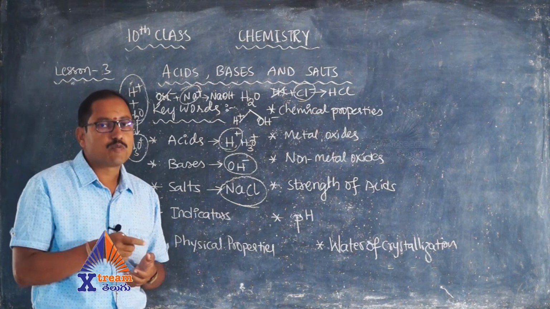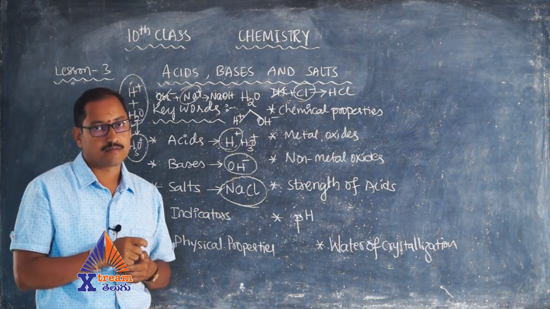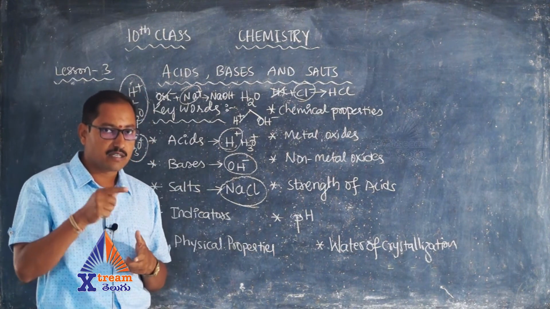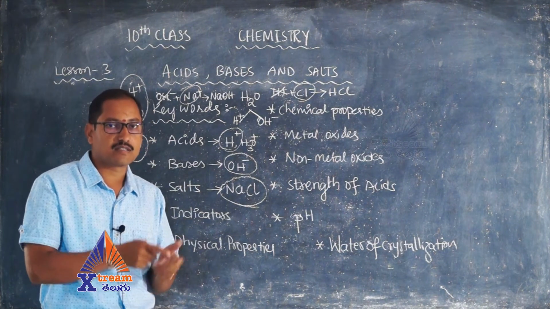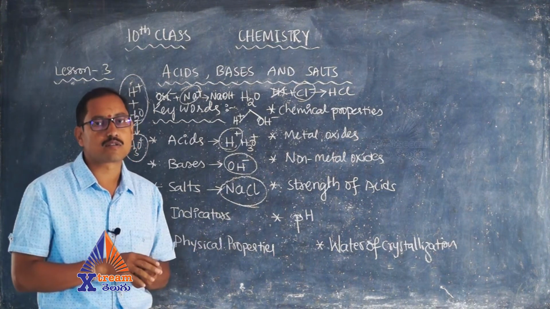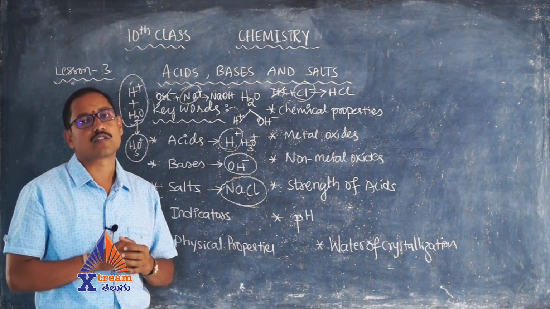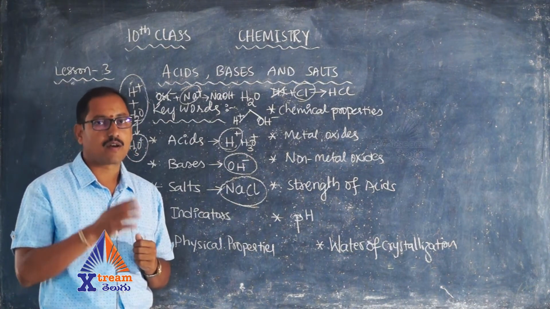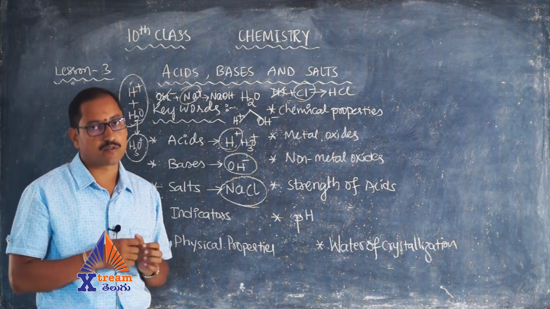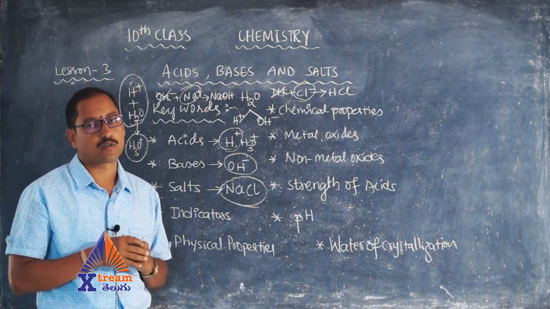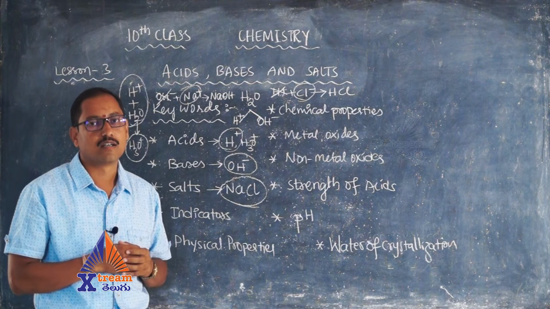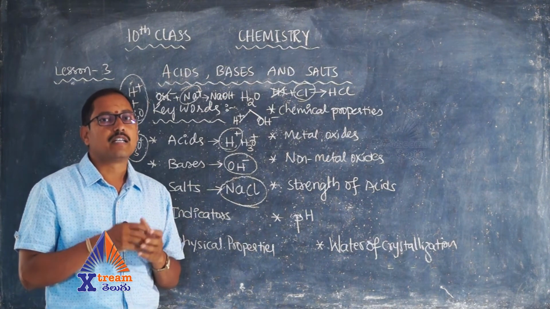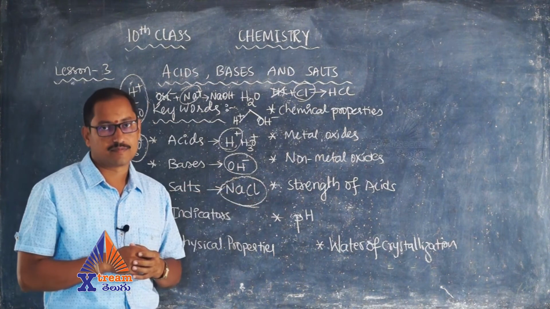So the materials which give us an indication by reacting with the given material, telling us whether the given material is acid, base or a neutral solution, that material is called an indicator. For example, blue litmus paper or red litmus paper, phenolphthalein solution or methyl orange solution, all these things are nothing but indicators. There are indicators which change their color.